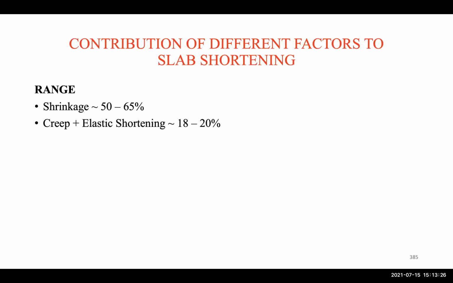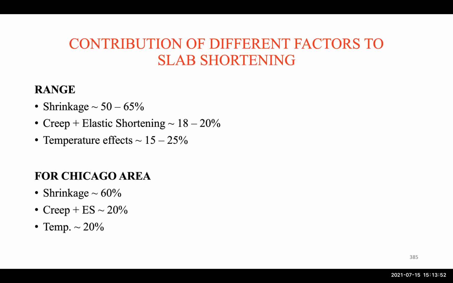The range of contributing factors for slab shortening: we have shrinkage 50 to 65%, creep and elastic shortening 18 to 20%, temperature effect 15 to 20%. As you can see, these things will happen over time. Elastic shortening will happen at the beginning, but shrinkage, creep, and temperature effect take longer. For example, in the Chicago area, creep depends on the weather, relative humidity, and things like that. Just as an example, for the Chicago area, we have shrinkage of about 60%, creep and elastic shortening 20%, and